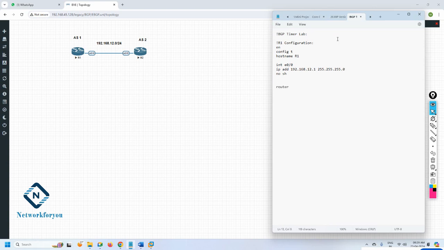Then BGP configuration, router bgp, whatever AS number you have, 1. After that neighbor, and what we are going to do, neighbor configuration. So you need to have the neighbor IP and also the neighbor AS number. Depending upon that one we can configure. So we are in this place, and this is our neighbor. So this IP, whatever we are going to get here, that will be our IP. So what I will do, I will write here neighbor and neighbor IP